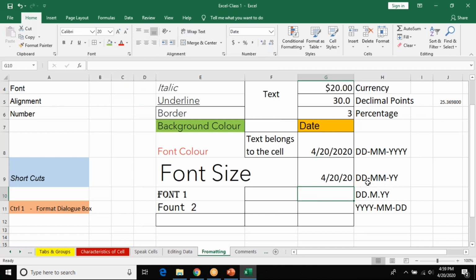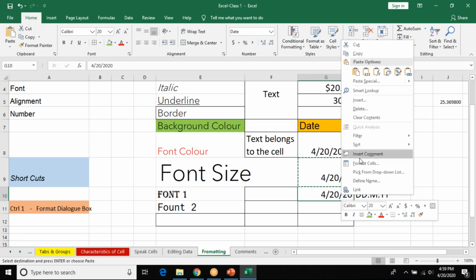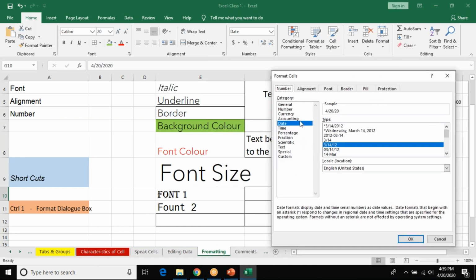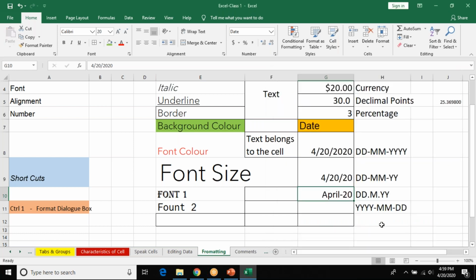Now you want full stop, you don't want dash, so copy this, right click, format cell, date. Now I need to check what format is there. Okay, so you can select any one of it. Now you want this kind of a format, it changes. So I'll give you a homework kind of thing. When you're doing a worksheet, change these date formats according to what has been mentioned on the right side.